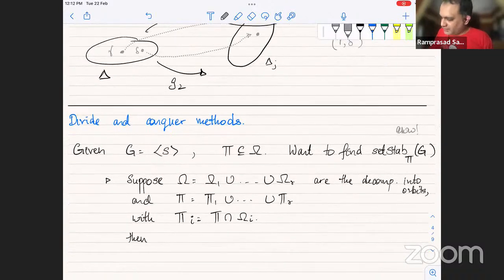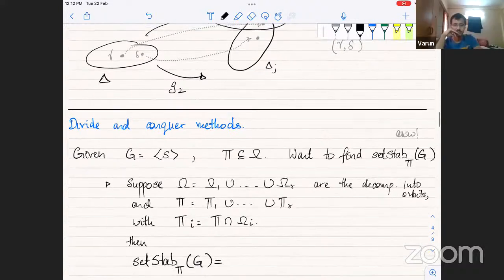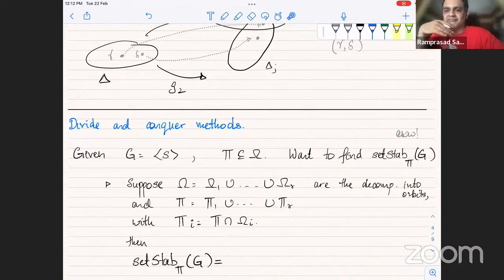Okay, so can someone tell me what is a way of writing the set stabilizer of pi of G in terms of these? Like when you take the set stabilizers for each of the pi i's and then take the closure of the. Yeah, closure is something that we don't know what to do, but let's again think in terms of the Rubik's